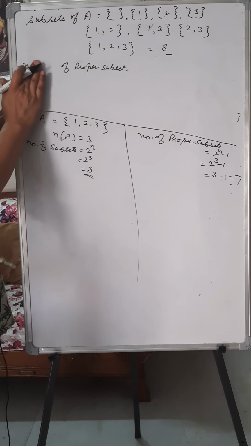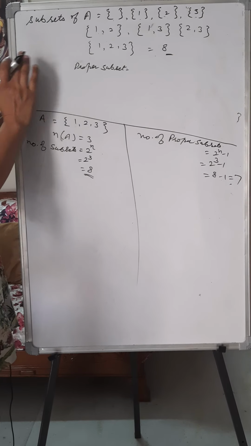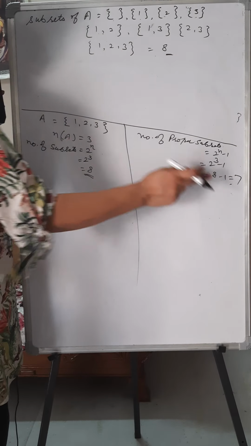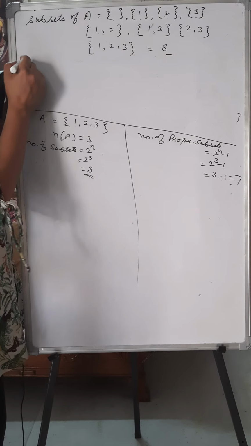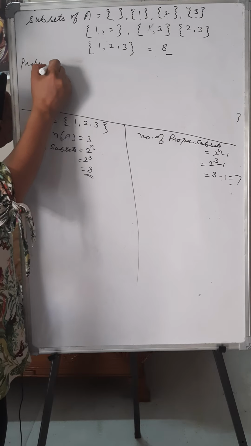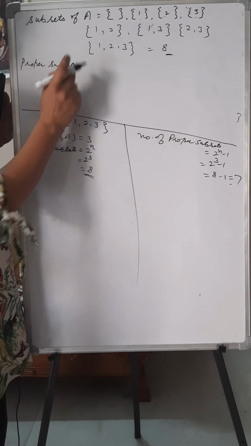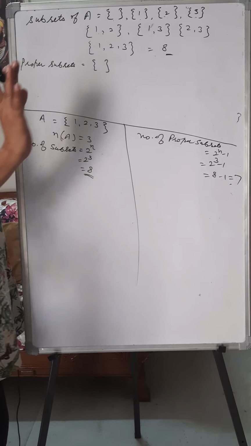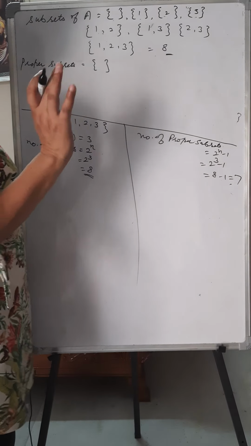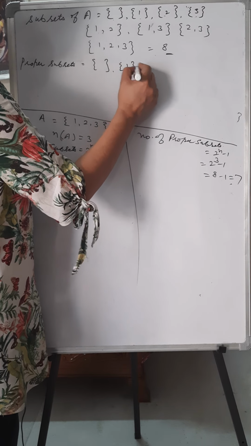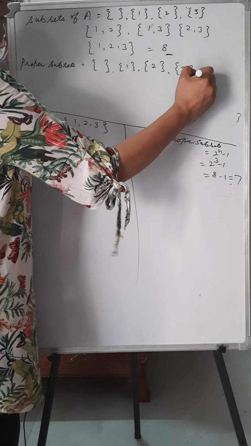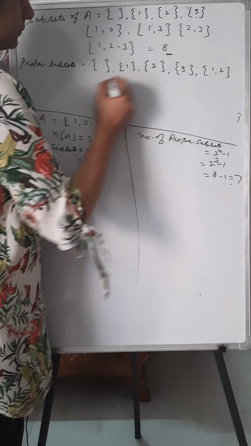Number of proper subsets, sorry, it is not the number. I am making the proper subsets, and then we will see whether it is 7 or 8. Proper subsets of this set 1 2 3. First one is the empty set, which is compulsory to write. Then single element, then double element,